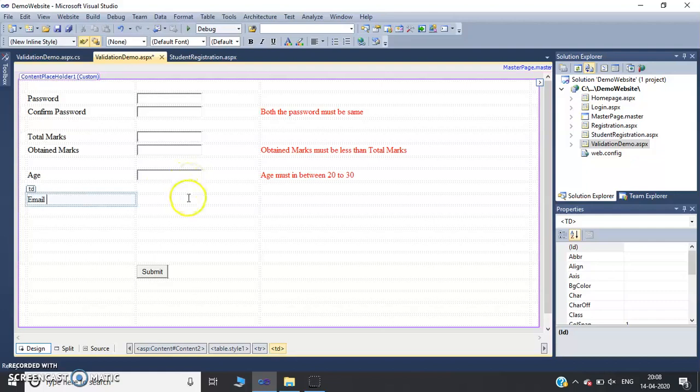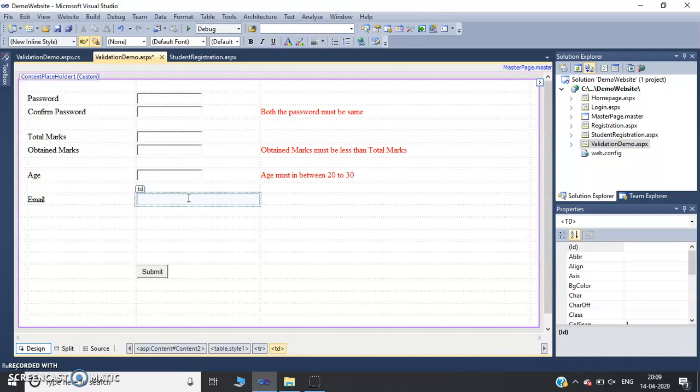So as we know, regular expression is basically used for pattern recognition or pattern matching. Here for email there is a specific pattern: username, a symbol @, then name of the service provider, after that type of user, that is .com, .co, .in, and so on. So this is a pattern for email. In the same way, we can use regular expression for various patterns.